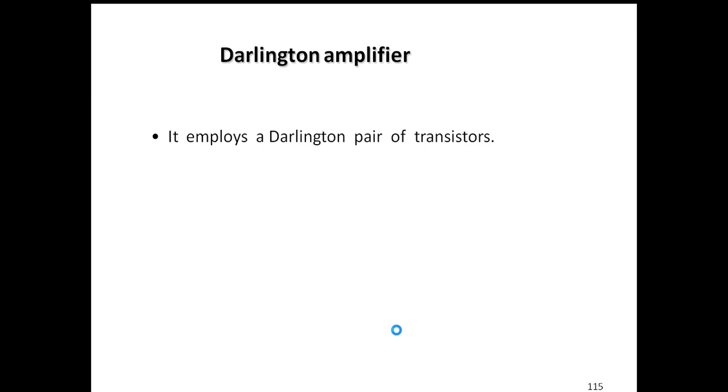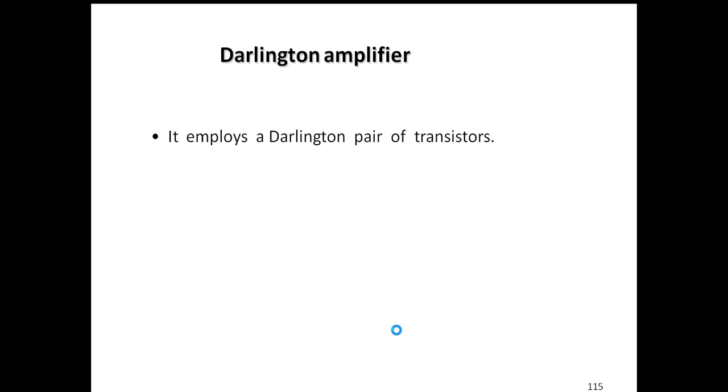So, before discussing the Darlington pair, we should have knowledge about amplifiers and different types of amplifier configurations. That is common base, common emitter, common collector, and also multi-stage amplifiers, in that cascade. Okay, this is an example of a cascade amplifier. Since we already discussed the emitter follower circuit, which is also called the common collector amplifier circuit.